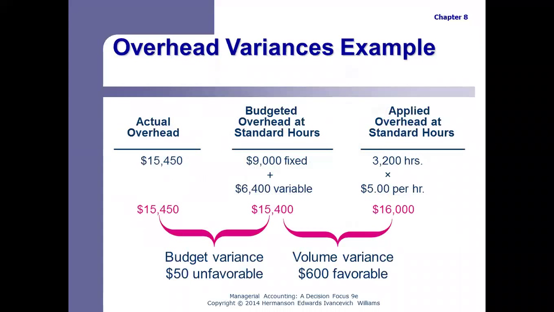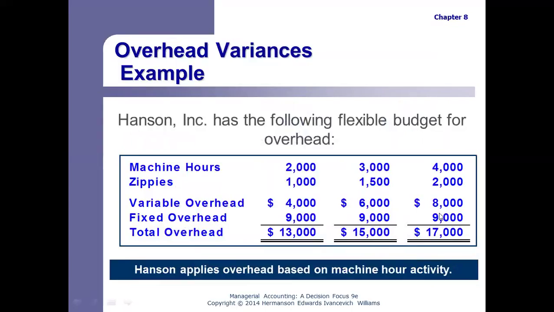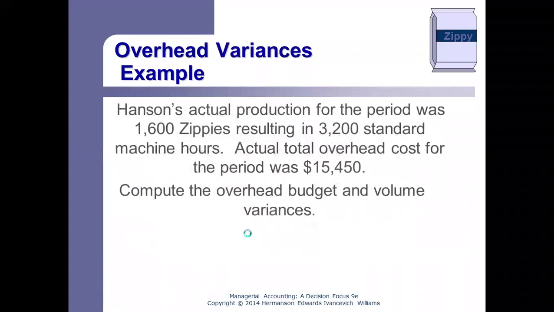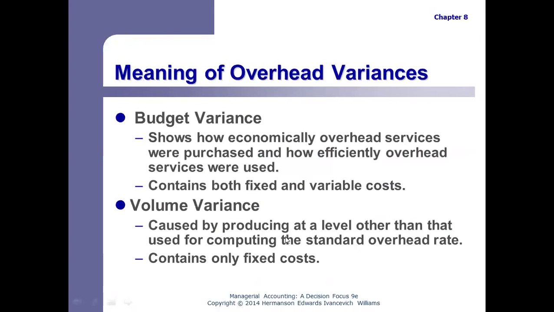So let me go back. This is a little bit confusing the way they present this, but the budgeted standard overhead is the 9,000 fixed overhead. So remember when we saw this flexible budget, the fixed overhead was 9,000 all the way across the board. Okay, and that's this 9,000. The actual hours, well, the $6,400 variable was based on,